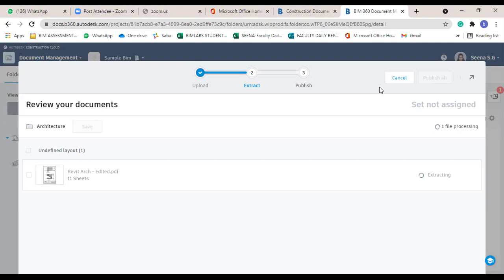After completing the extraction, we can publish these documents to BIM 360 or common data environment.